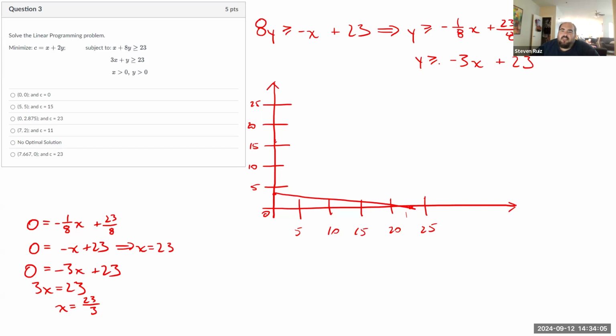What does the other line look like? So y-intercept of 23. X-intercept we said was 23 over 3, so about 7. Not a little closer to 8, but somewhere around here. So if I draw that line,